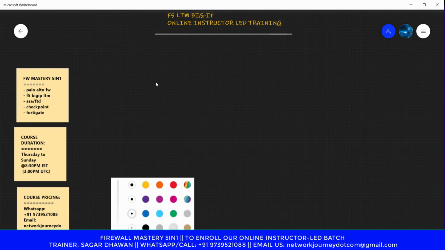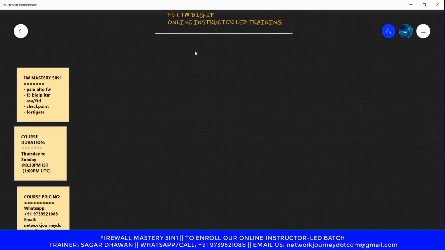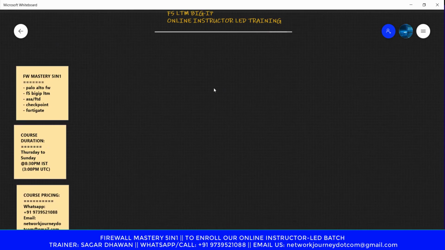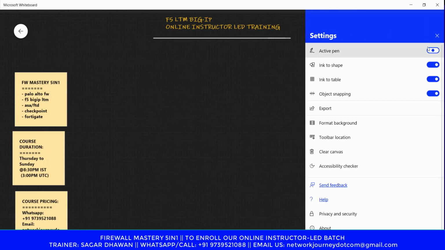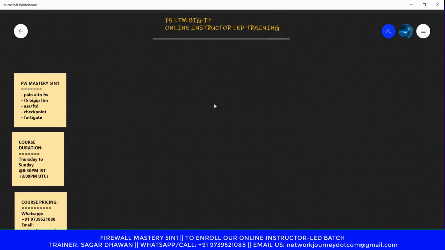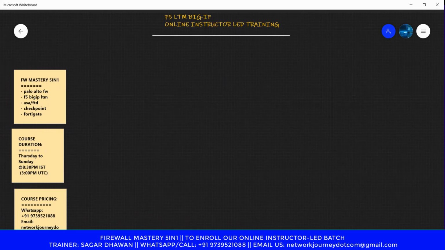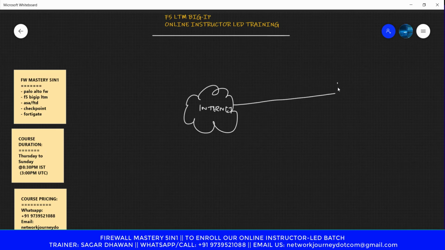So guys, I'll walk through a simple example. Let's say I have some ISP cloud, or the internet in layman's language. Let's assume I also have a server 1, where I have loaded some HTTP web pages.